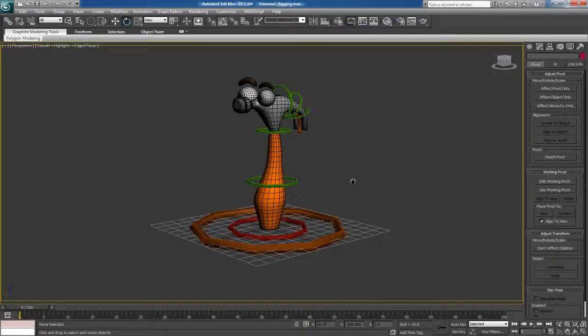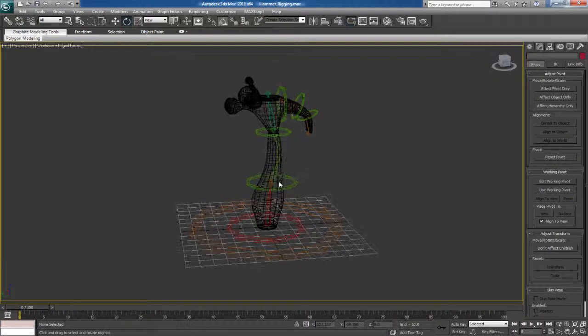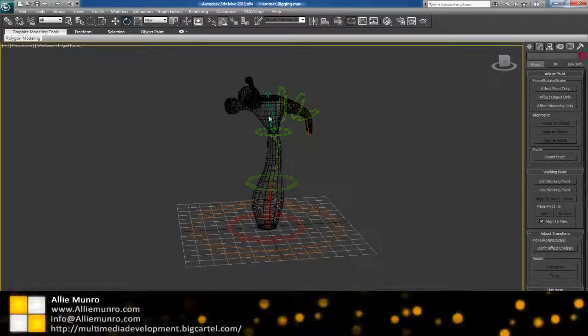Alright, so I'm going to pause the video and we're going to come back. In the next tutorial we're going to go ahead and create our IK chain. We're going to set up some position orient constraints so that we can have a stretchy head. We're going to tell this bone to be stretchy so that we can get some squash down there. And we're going to wrap up